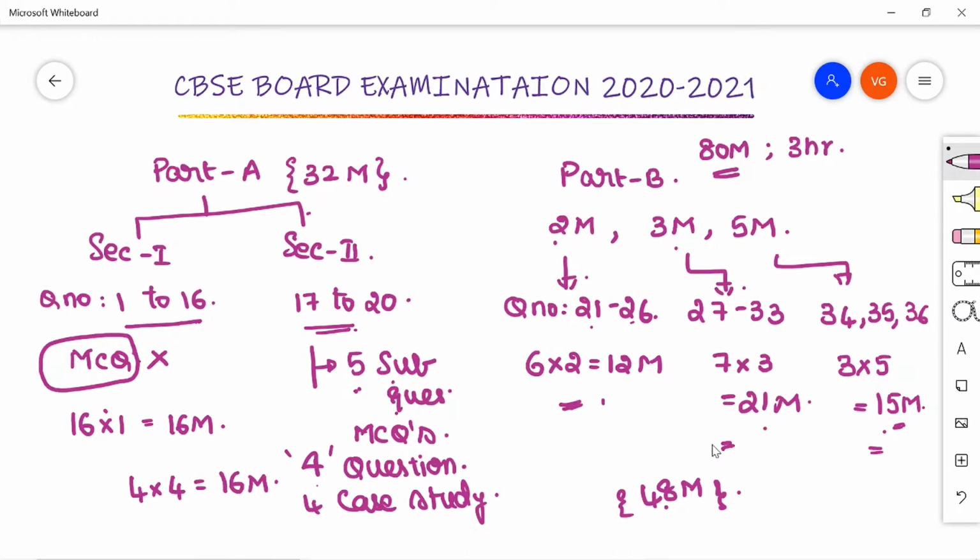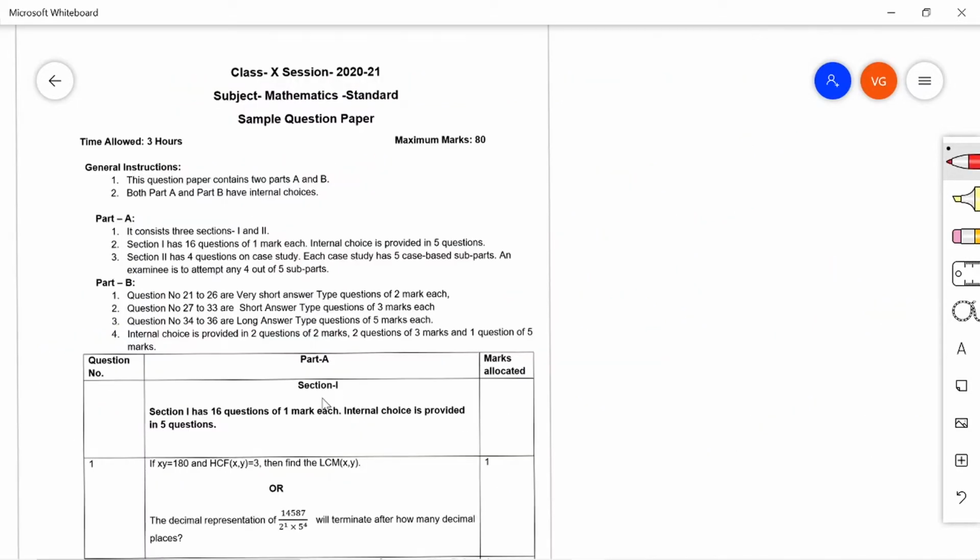In this video, I am going to give a detailed discussion on part A, all 1 mark questions, along with the marking criteria. I request the students to take a pen and paper and try solving along with me so that the concepts will be more clear for you. Part A, section 1. The first question here is the 1 mark question like this.